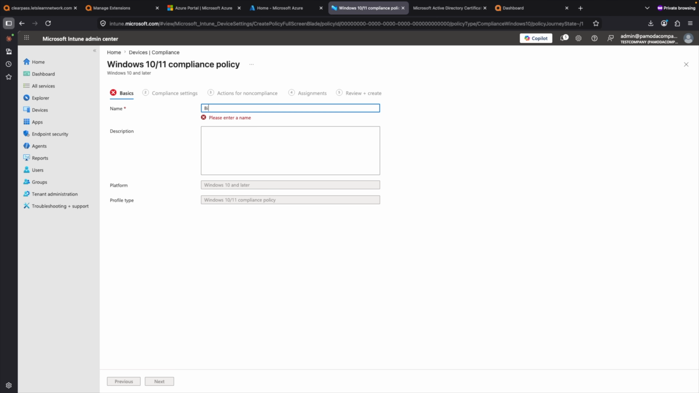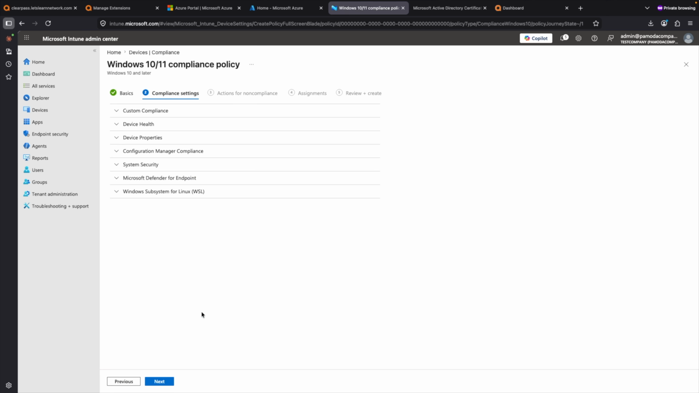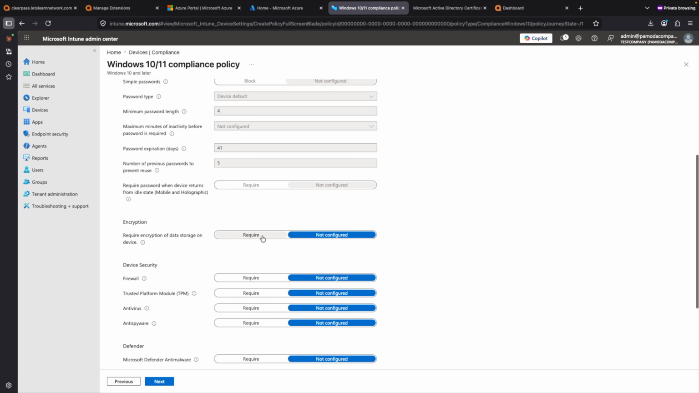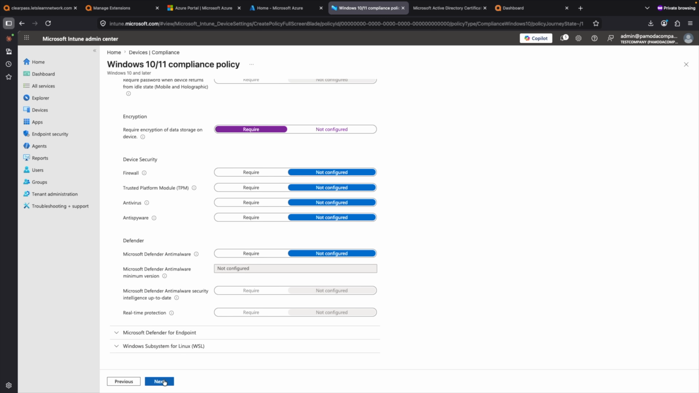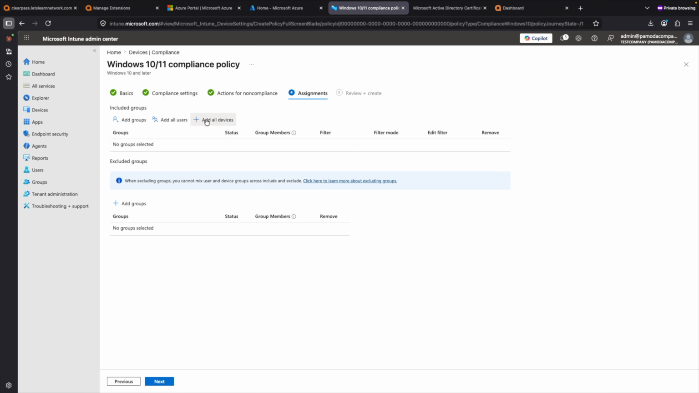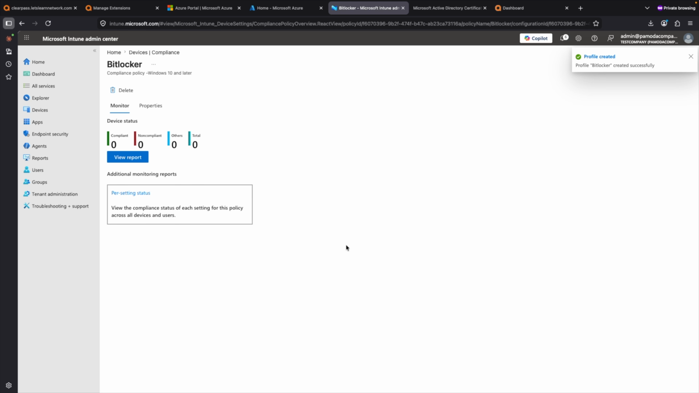Give a meaningful name, click next. From here I will select encryption is required, and then click next. I will select that it should apply to all the PCs, click next, and create the policy. Let's wait a few minutes until this policy is pushed to the PC, and then let's verify the access tracker